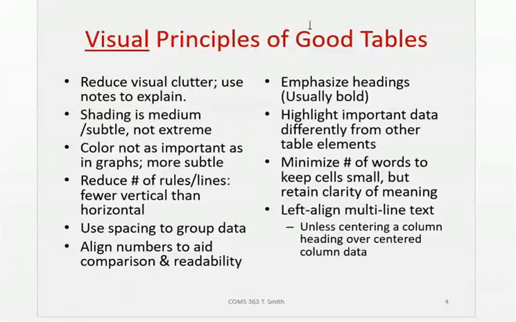Visual principles of good tables are related to the argument principles. The first principle is try to reduce visual clutter. Again, it's supposed to be an index of rows and columns, so try not to complicate that basic grid. And shading should be medium or subtle, not extreme. So avoid having extreme contrast, like very dark black on white. Or actually, it's okay to have black text on white, but the opposite could be very difficult